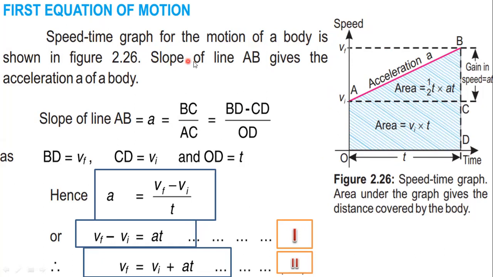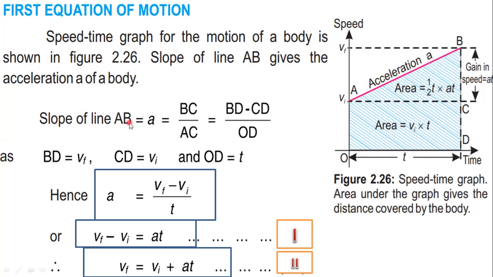Slope of the line, because slope is actually the increasing trend of the acceleration. So with the passage of time, the acceleration is increasing. So we can say now velocity is changing because the acceleration is increasing. So that's why this slope AB is the line which is describing the slope of the acceleration. And now this acceleration of a body, slope of the line A. So this is the acceleration A. This line is representing the acceleration.